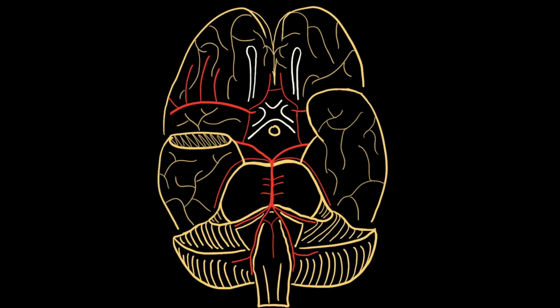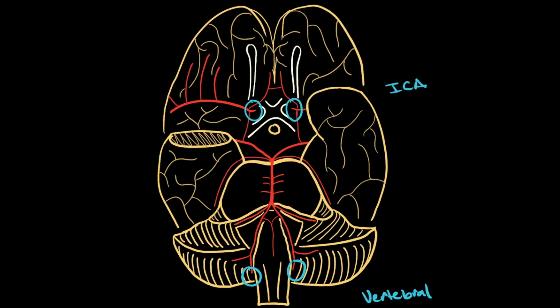Now, the circulation to the brain can basically be divided into two sources, the anterior source and the posterior source. The anterior source is the internal carotid artery, and the posterior source is the vertebral artery. Now, the internal carotid artery comes from the front of the neck, while the vertebral artery comes up through the transverse foramina of your spinal column in the back of the neck. Now, both of these two circulation points meet up here in this ring-like structure called the circle of Willis. In this structure, we have the internal carotid artery meeting up with the branches of the vertebral artery and forming